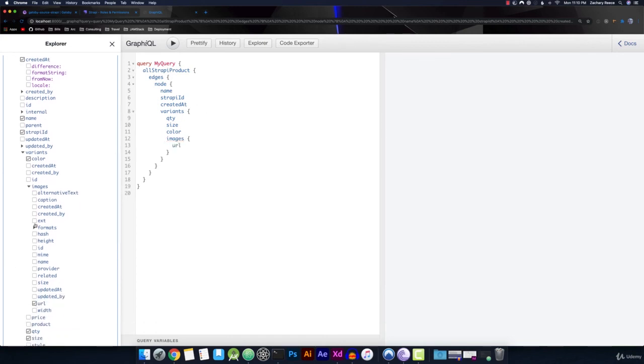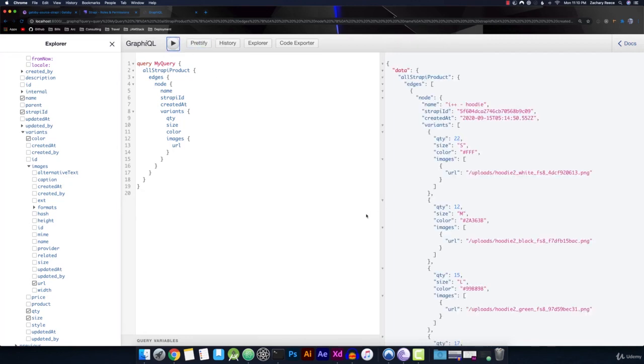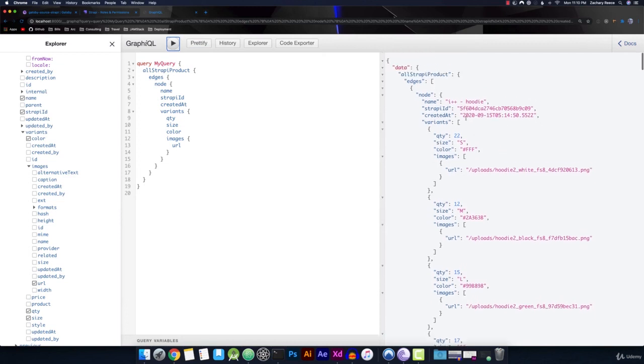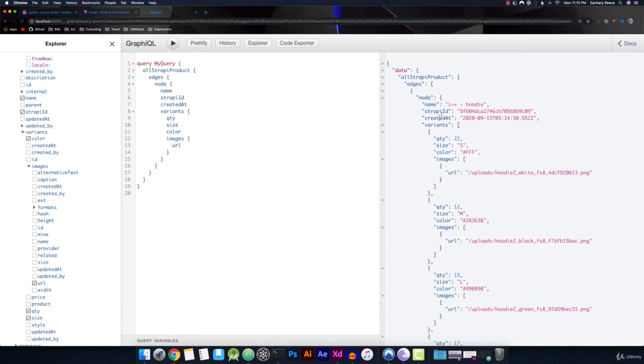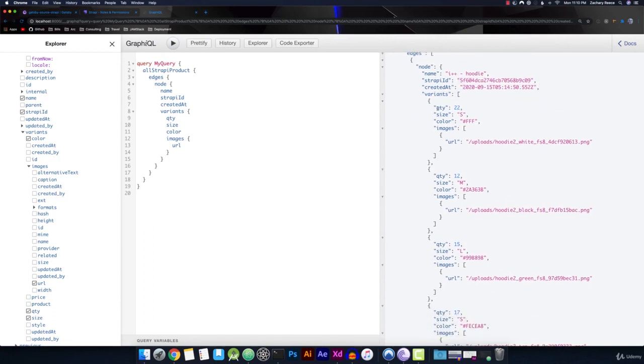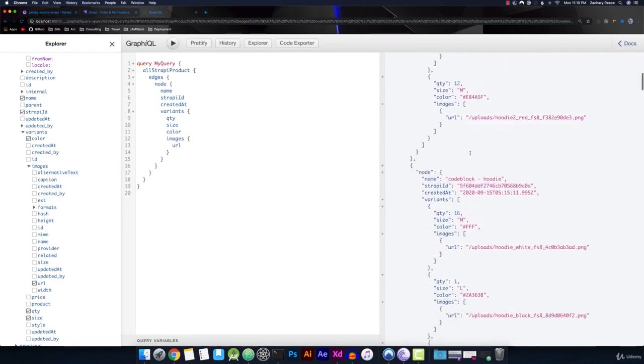All right, and look at that. Just by clicking on these boxes over here, our GraphQL query is built entirely for us. We can prettify to make sure that that's all looking good. And then we can run the query, and just like that, look at that. We've got all the data back. So here's our I++ hoodie. If we scroll down, the code block hoodie. But then in here, we also have the Strapi ID, when it was created, and then all of our variants. So the quantity, size, color, and the image for that variant,